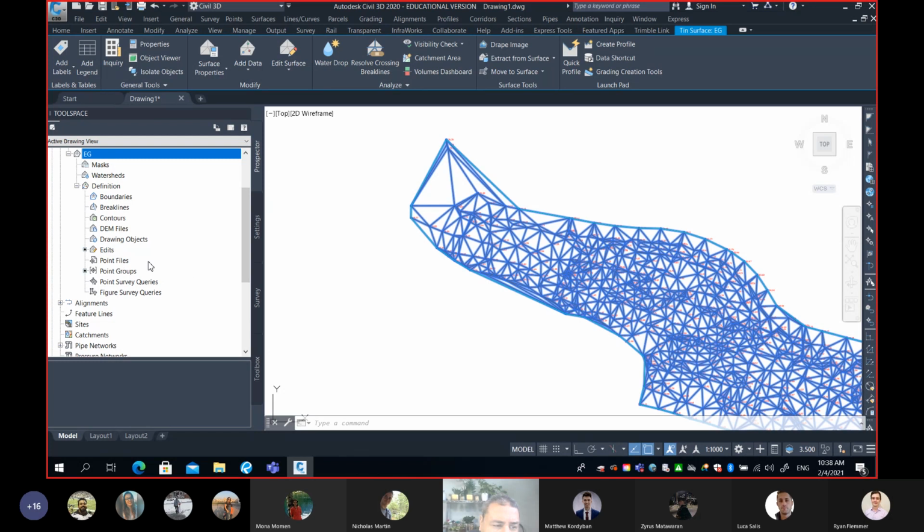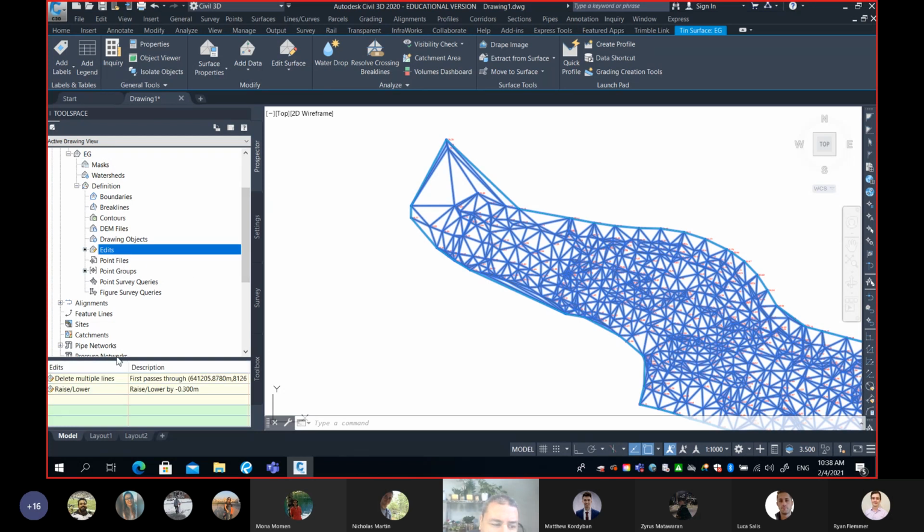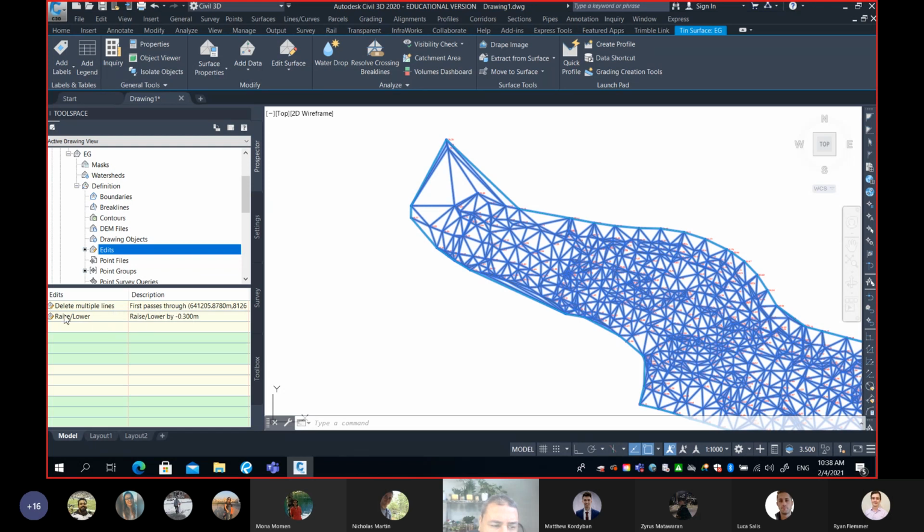Watch this, please. If you click on edits, like so, and look at the area below, can you read here? This is a log. It logs everything you have done for the surface. Number one, you deleted multiple lines. Number two, you lowered and raised your surface by minus 0.3. This is a fantastic feature in Civil 3D, because if you change your mind and you want to reverse any of the edits,